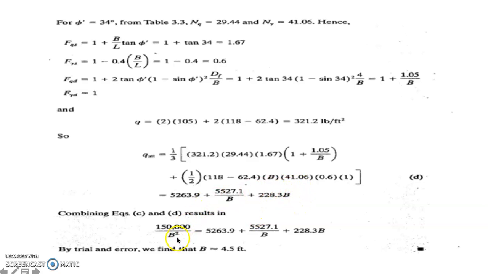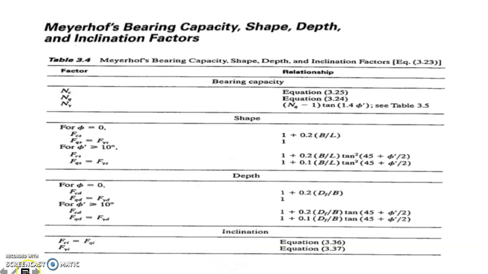From there, the value we identified a while ago can be equated to this equation, and solving simultaneously, you can solve for our B, which is now the width of the foundation, which is 4.5 feet. So that ends